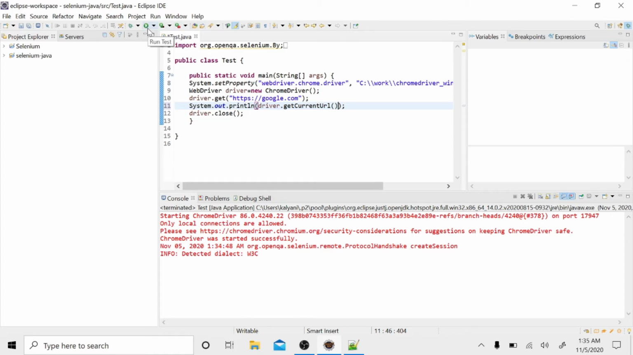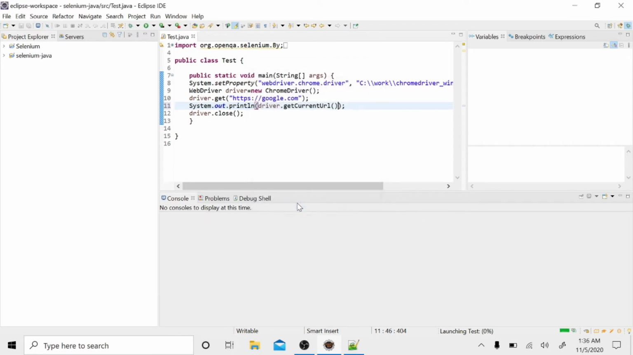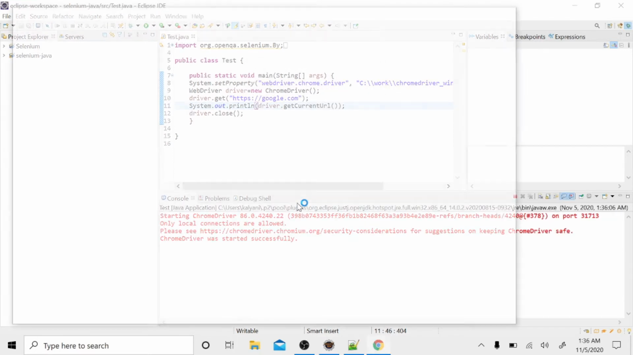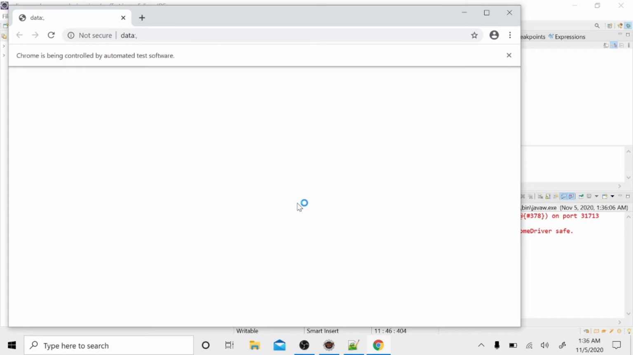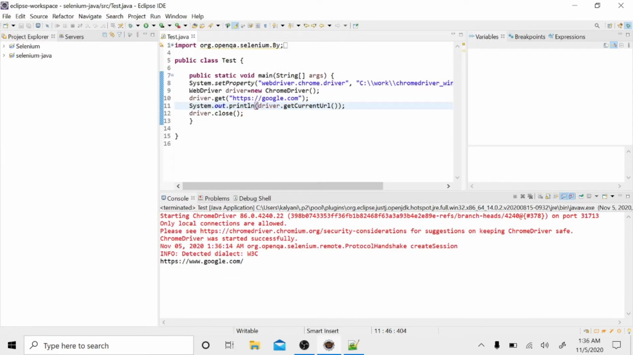After running the test case, in our console we are getting https://google.com, that is the current URL we are using. I am running the test case and say OK. See, we are getting the current URL that we are using. The next method is